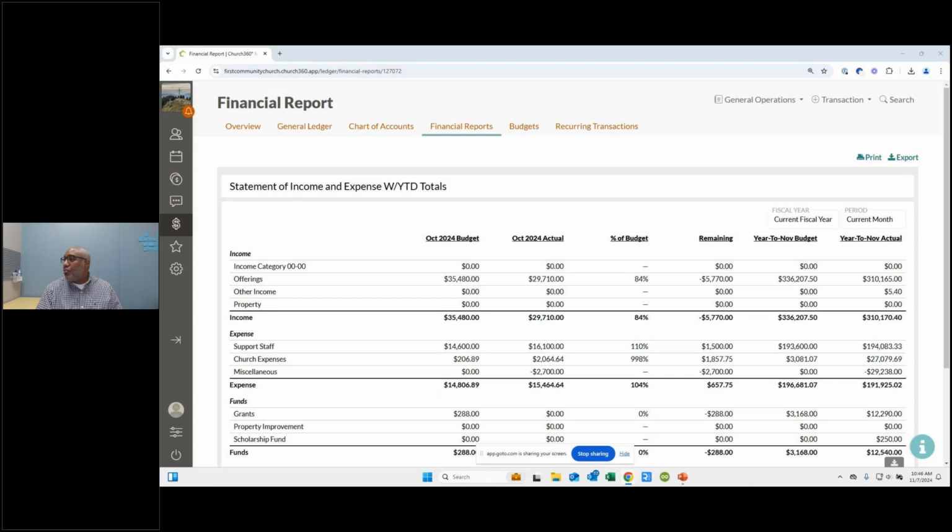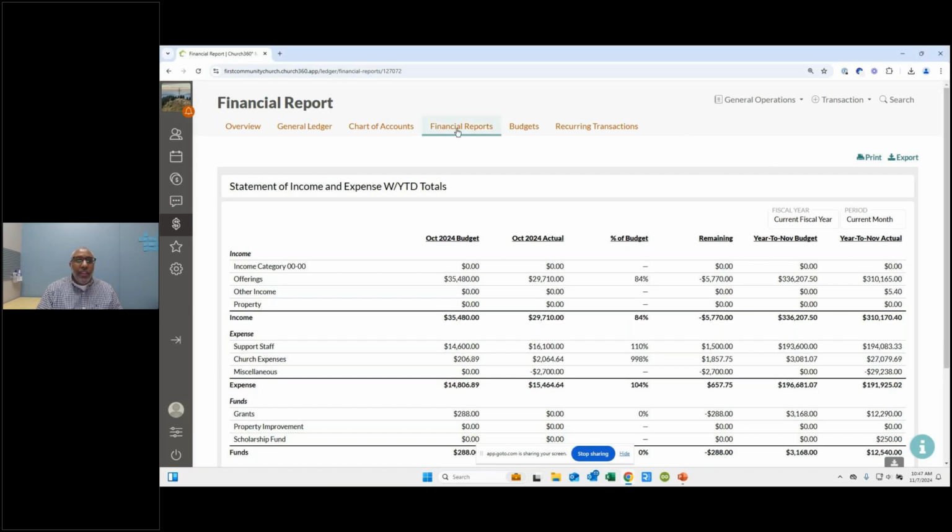Kenneth asked the question, does remaining column mean balance? Good question. So the remaining column does not mean balance. Let me look at my report samples and let me show, let's look at my first example here, the account balances report. And I think that's a good example to answer your question there, Kenneth.